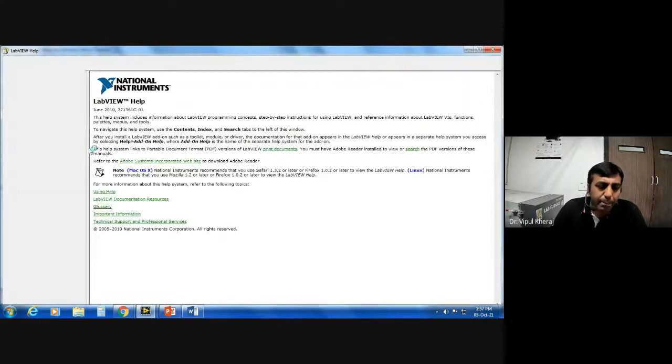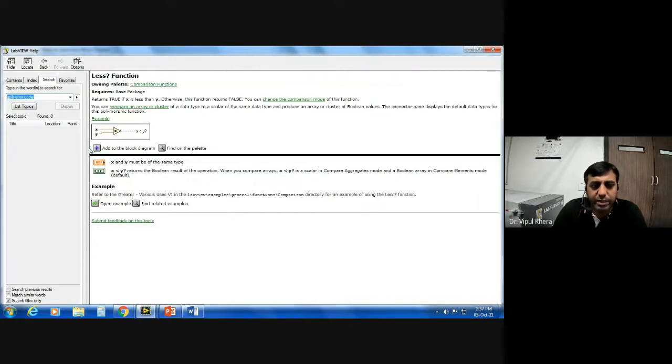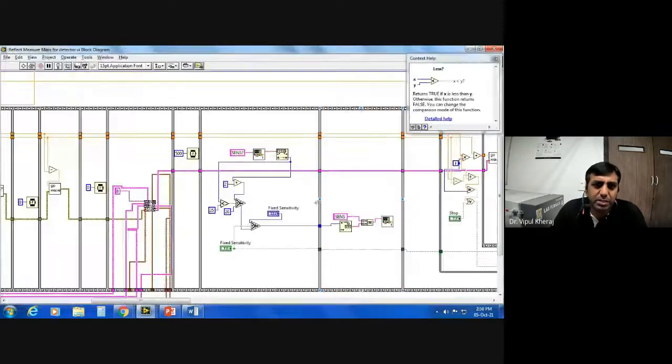I have learned LabVIEW completely from this help menu. Also, all my students who are working on LabVIEW, whenever they're stuck somewhere, they go to the help and find out what this tool is all about, what the inputs are, and then it has open examples. Once you click here, it will open some ready-made programs, which are specifically designed to explain the function of this tool. So this is how you can easily learn all the functions in LabVIEW. So less than was very simple. Suppose this one.